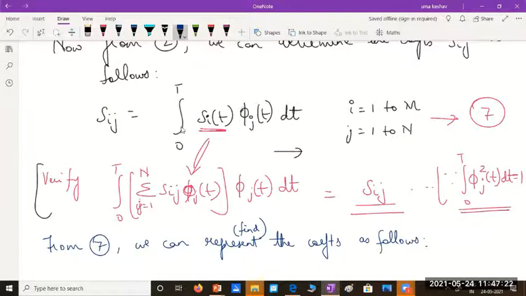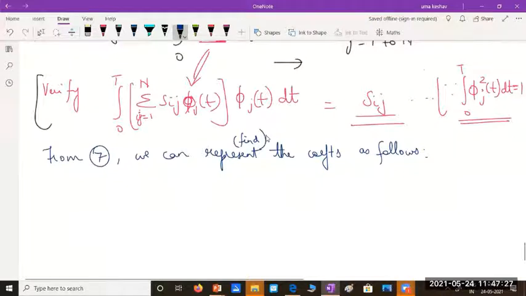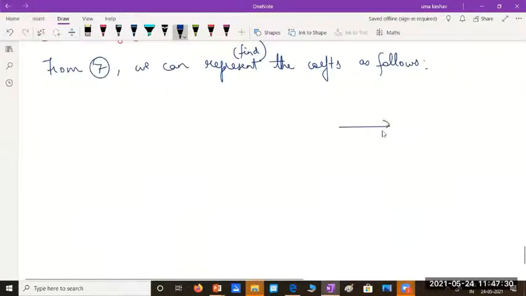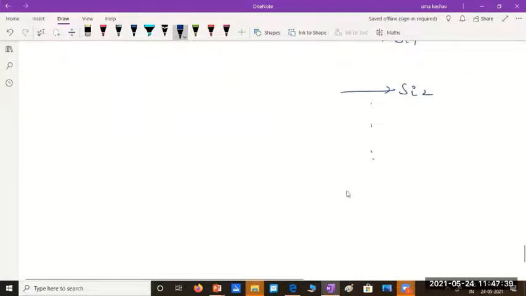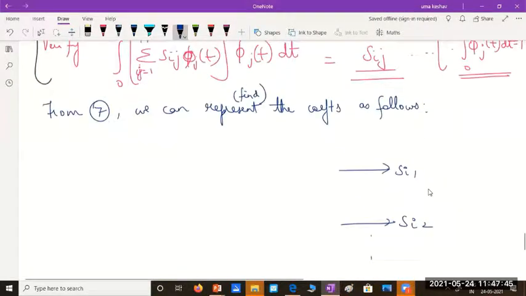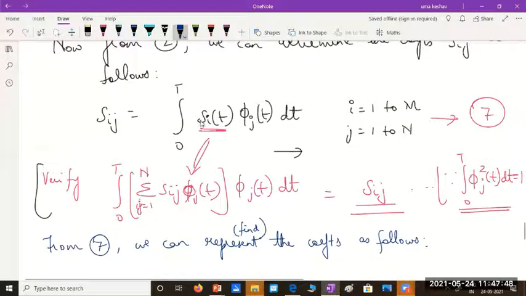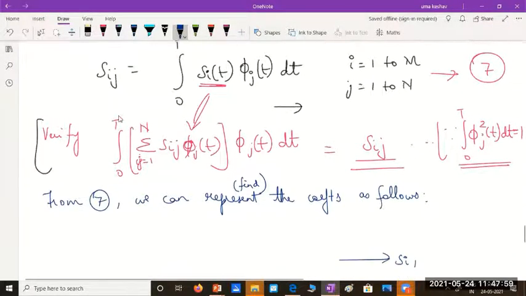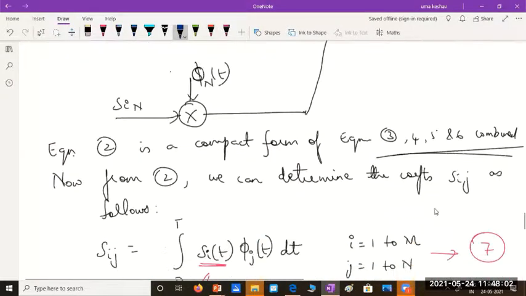I need the signal Si for everything, and if I want to find the coefficients, say Si1, Si2, so on, based on this equation, what should I do? I should consider Si as the starting point. I should multiply Si with phi j. So if j is varying from 1 to n, just like this,